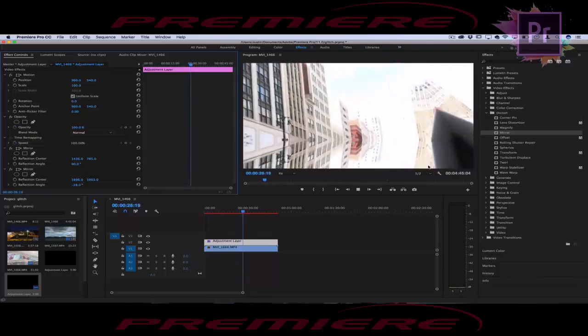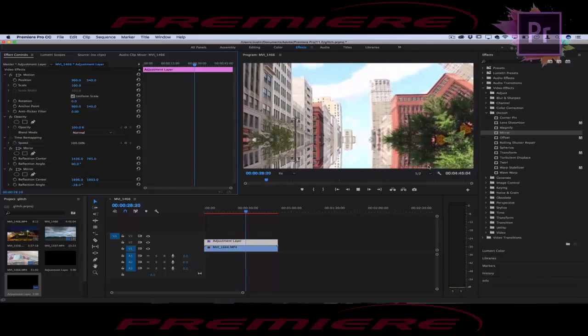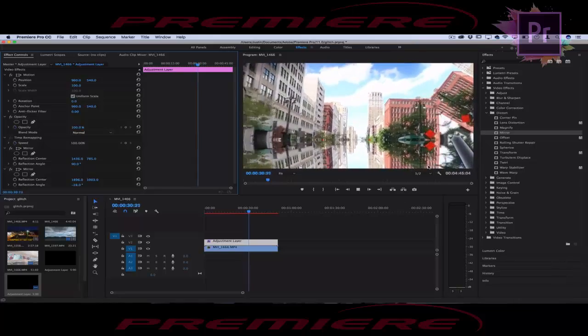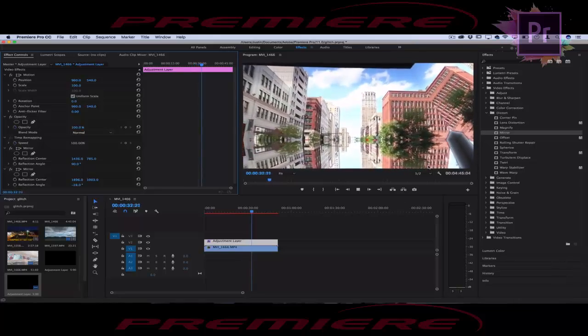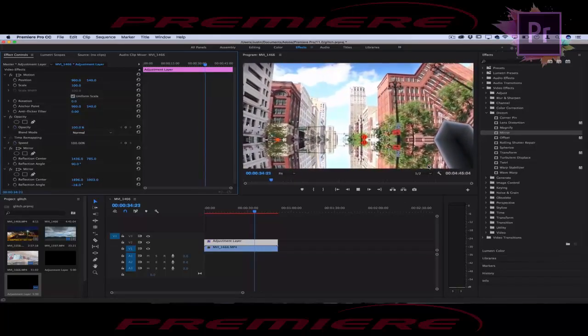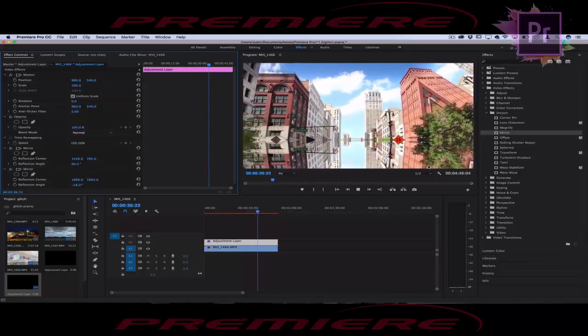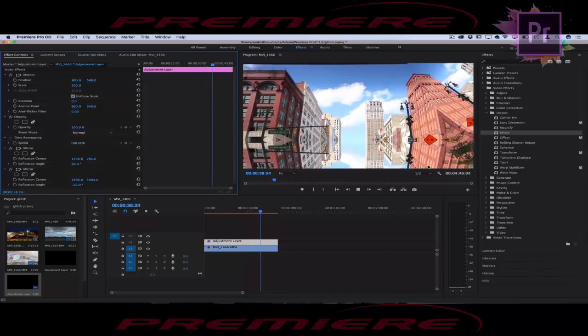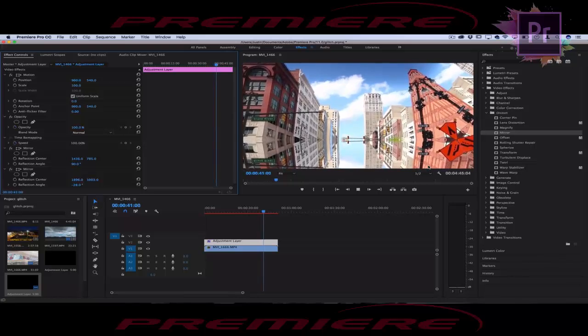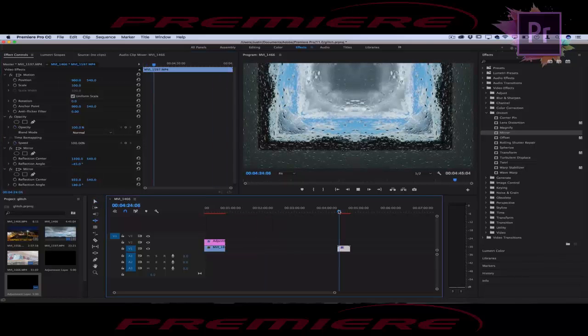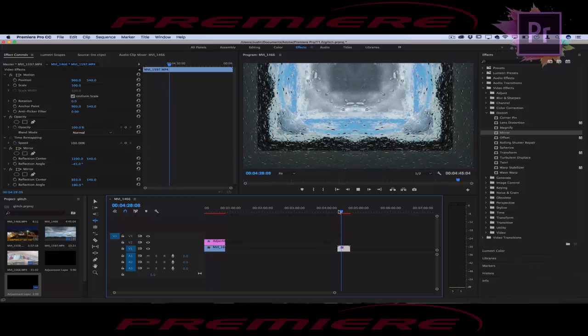I guess if you wanted to make like 4 different mirrors, then you could really create a kaleidoscope type of effect. But there's lots of different ways that you could use and combine this mirror distortion with other effects to create a cool final visual. Here's another quick example I did where the camera is stationary, more like if you had it on a tripod, and just objects in the video are moving, like the raindrops. So that's how to use